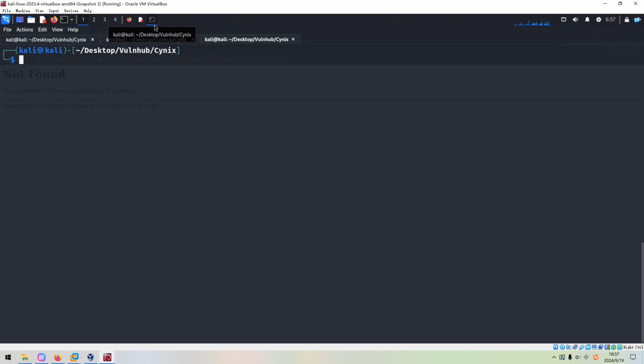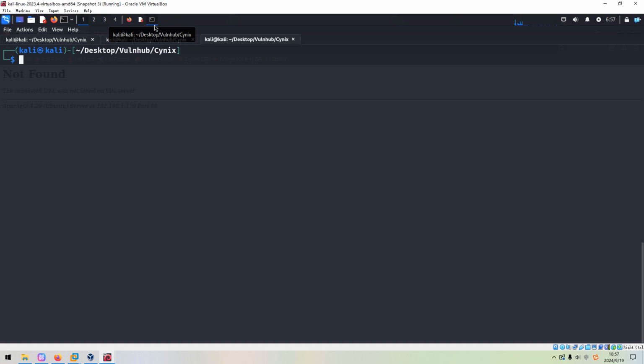Again, we need to be doing the automatic enumeration after completing the manual enumeration. And if we cannot get anything from the automatic enumeration, maybe we need to go back to the manual enumeration.